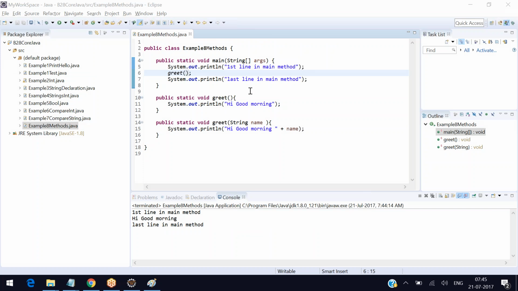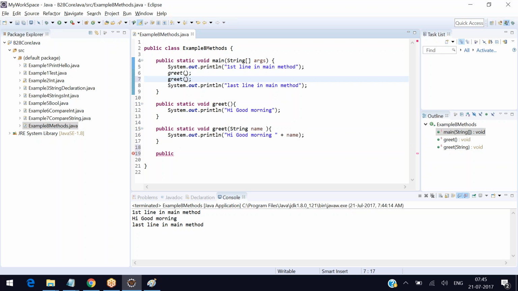Now there might be one more method, say public. Can you call both the methods? Yes, you can call both the methods like this. One method you will call as greet, and the second time you will call with Priyank. Now if I do something like this, what's going to happen is